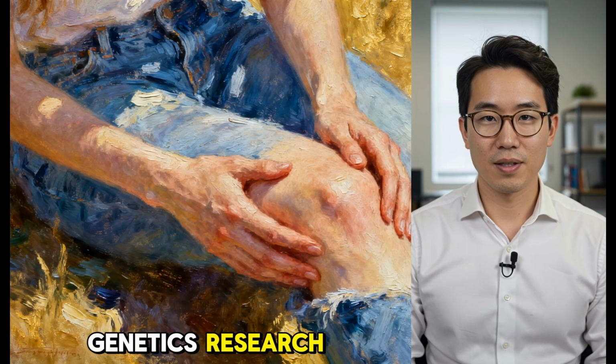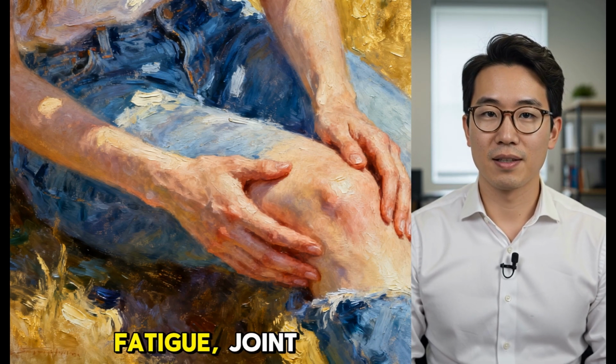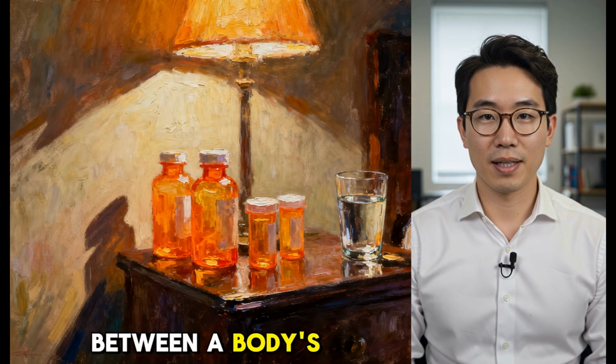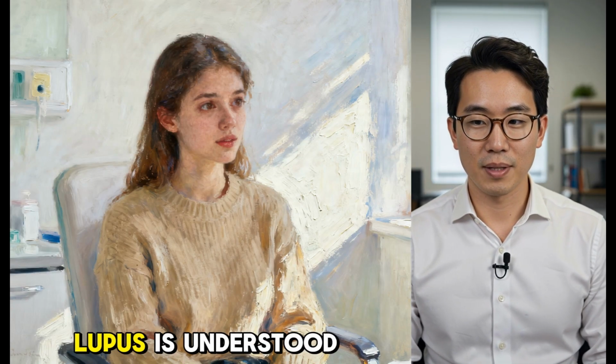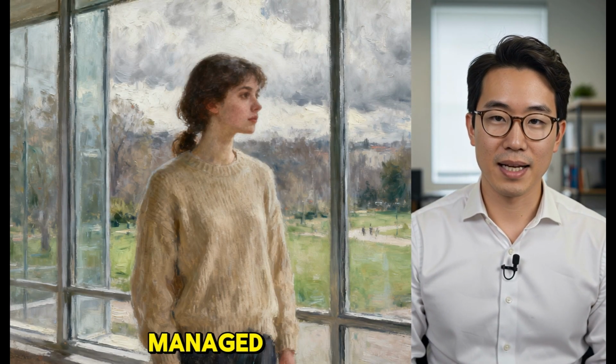What genetics research quantifies in probabilities and risk loci, patients live as fatigue, joint pain, medication side effects, and an ongoing negotiation between a body's own immune defenses and the drugs designed to hold them back. That negotiation, it turns out, rarely ends cleanly. Lupus is understood by researchers not as a condition to be cured, but as a condition to be managed,